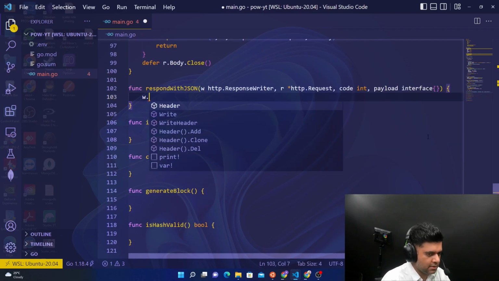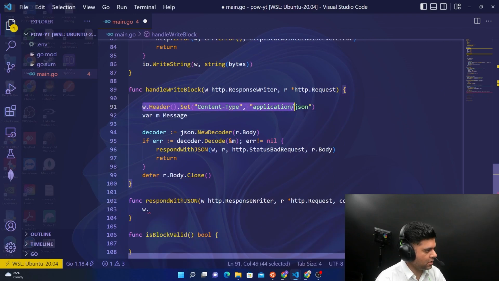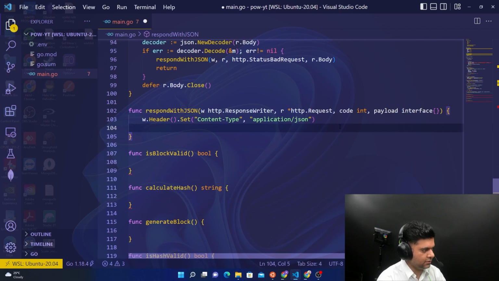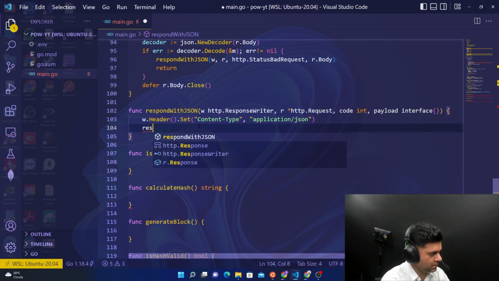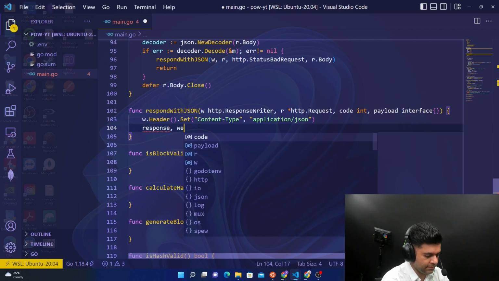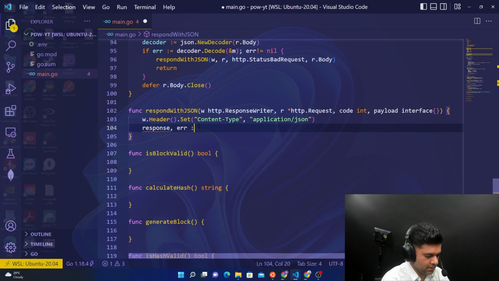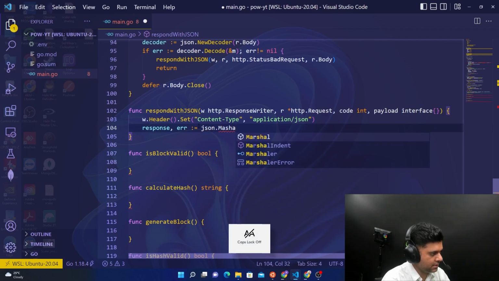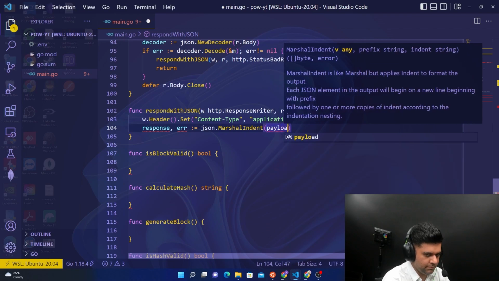Here also I'll set the same thing, the same line, just copy and paste it here. You don't have to write it again. To the new developers, I always encourage them to write everything. In case you're new to Golang, make sure you write every single thing. Don't copy and paste, because that's how you'll build an instinct for the syntax. json.MarshalIndent payload, comma,